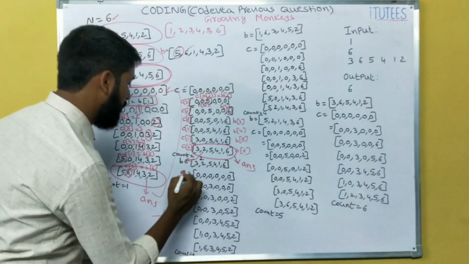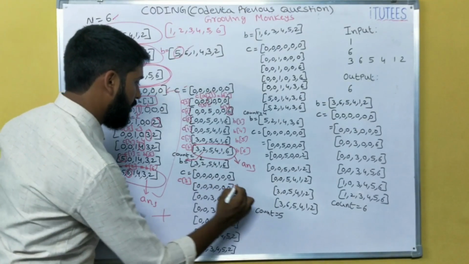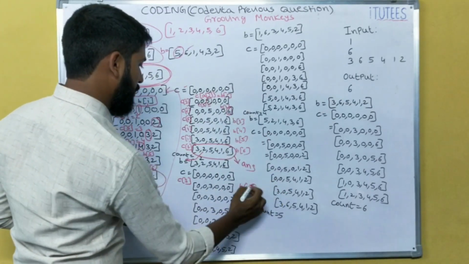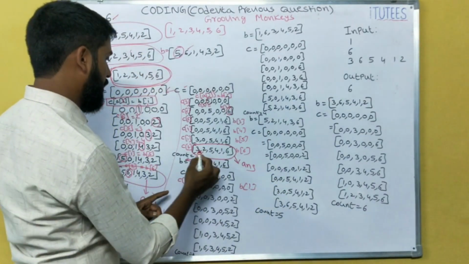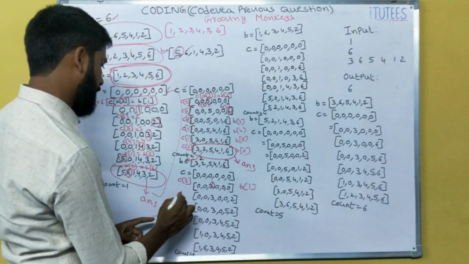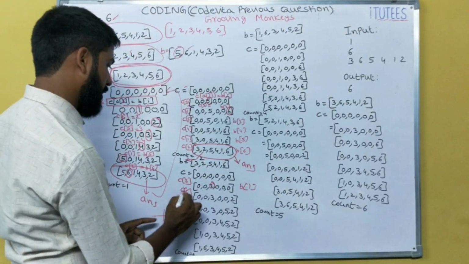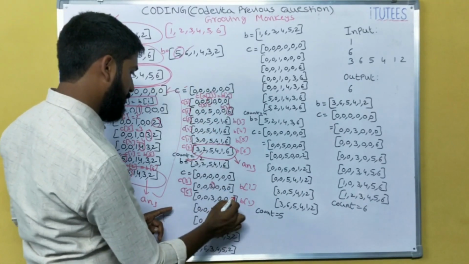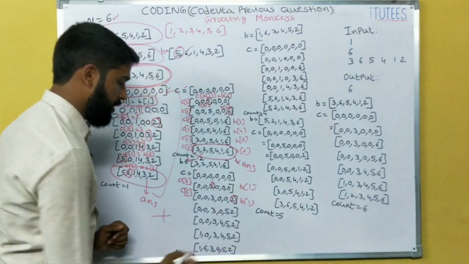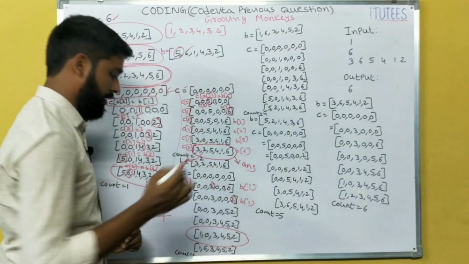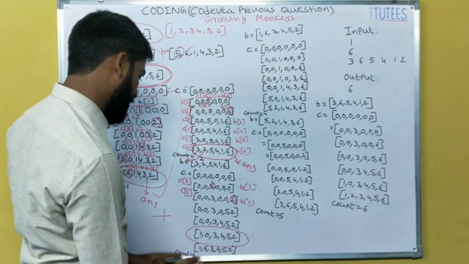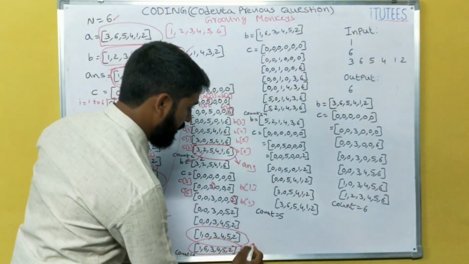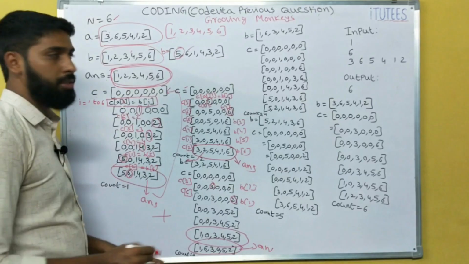What are the operations we are going to do? C of 3 equals to B of, sorry, B of 1. So what is in the B of 1? 3. 3 is placed. Next, C of 6 equals to B of 2. What is the B of 2? 2. So that is placed. In the same way, we can execute this, and at the end this is the C. And increment the count. And you can check, is this the answer? No. Again we can run the loop.